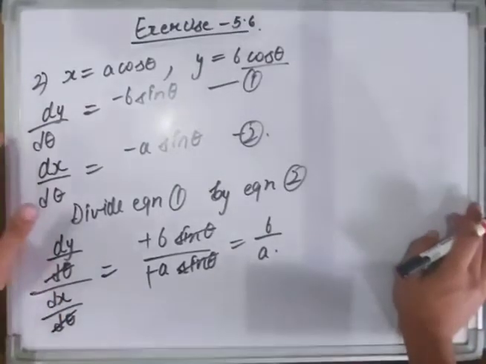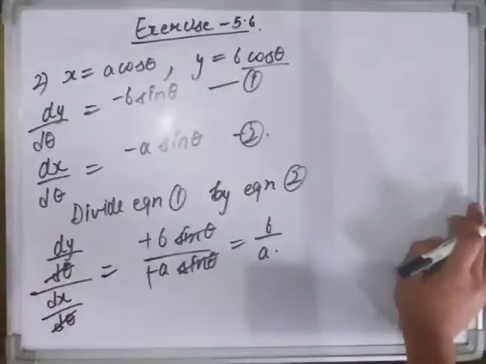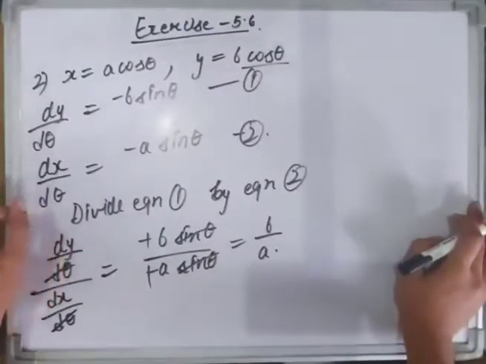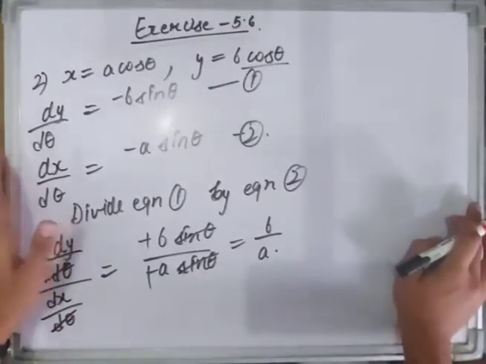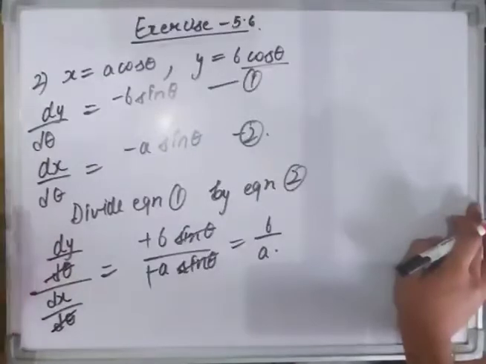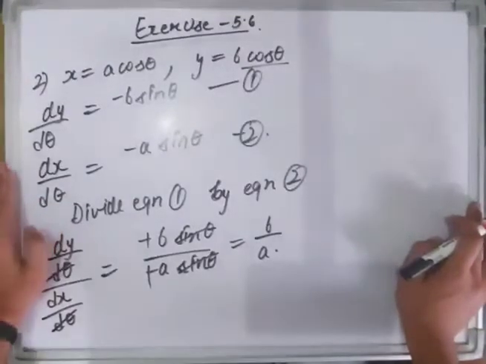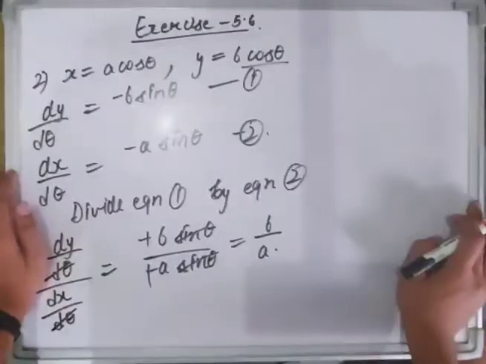And students, note that the thing which we are using in this question is known as parametric form. This parametric form is asked in competitive exams like NDA many times. So this is very important from the competitive exam point of view, and this type of question is mostly not asked in boards, but still it is very important as it comes in competitive exams like NDA. So this was our second question. Pause the video, note it down.